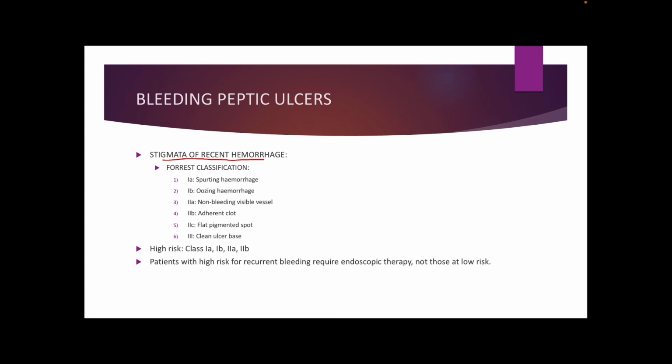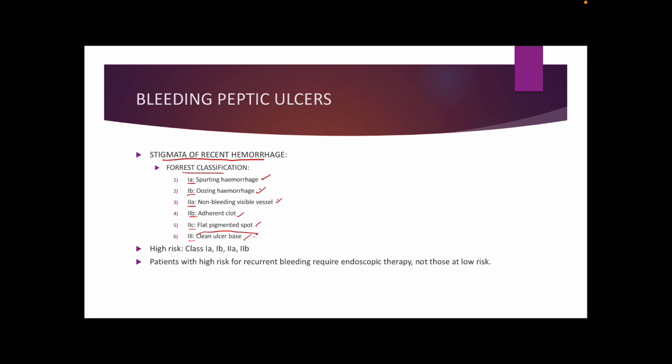So we say that stigmata of recent hemorrhage is present if we find anything on an endoscopy study that is anything but a clean ulcer base. So what I mean by that is, as per the Forest classification, we have 6 classes. 1A, that is spurting hemorrhage. 1B is oozing hemorrhage. 2A is a non-bleeding visible vessel. 2B is an adherent clot. 2C is a flat pigmented spot, and 3 is a clean ulcer base. So anything apart from a clean ulcer base is going to be considered stigmata of recent